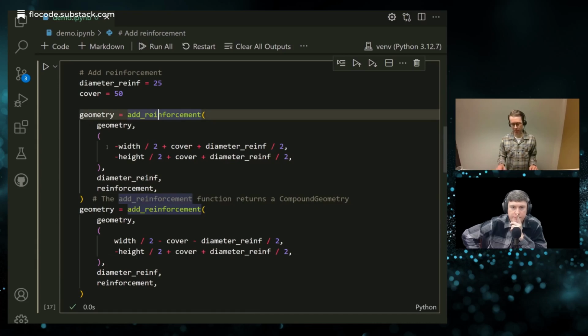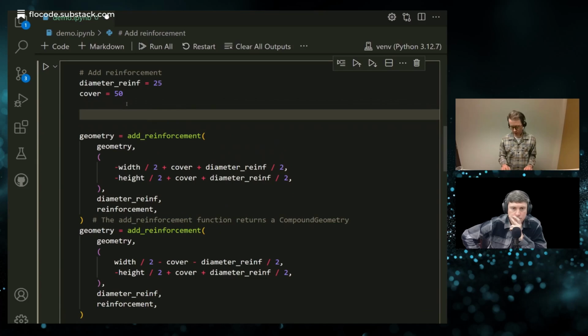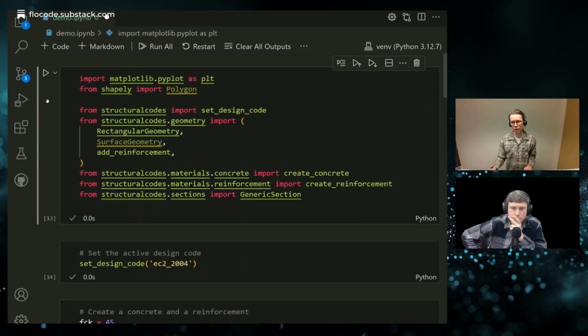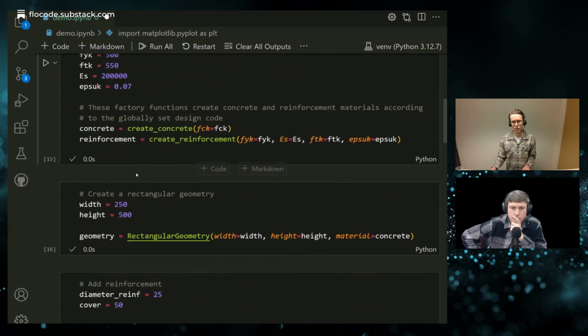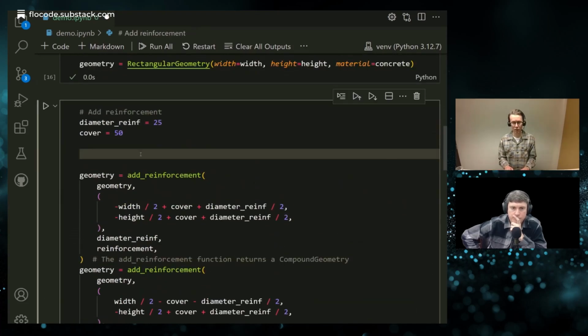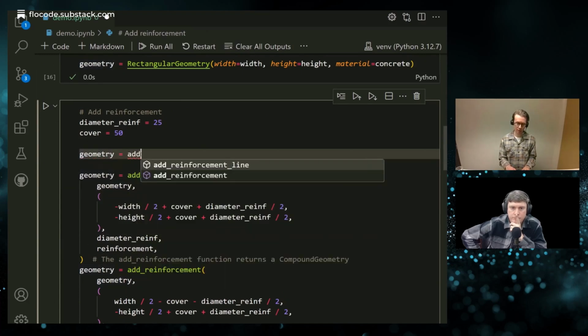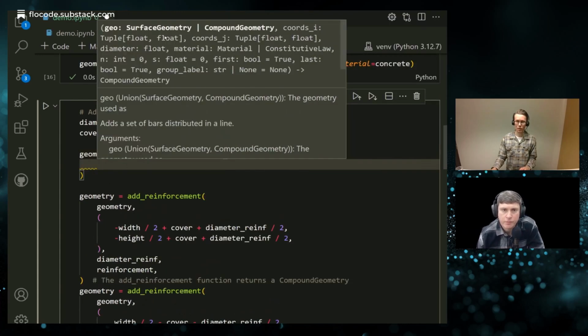But we can also simplify that. So I will do a new import on the top here. We will add a reinforcement line. You could probably guess what it does. It adds reinforcement along a line. So we could do geometry equals add reinforcement line. In this function, we should specify a geometry object.